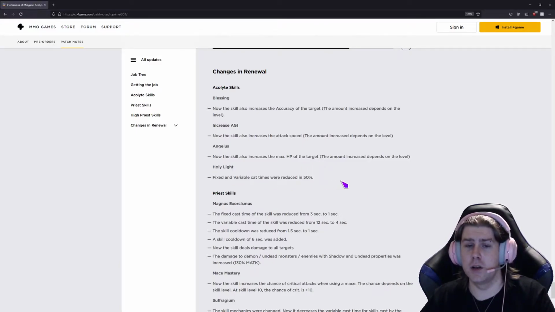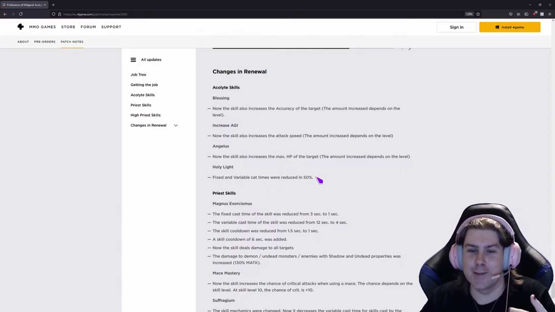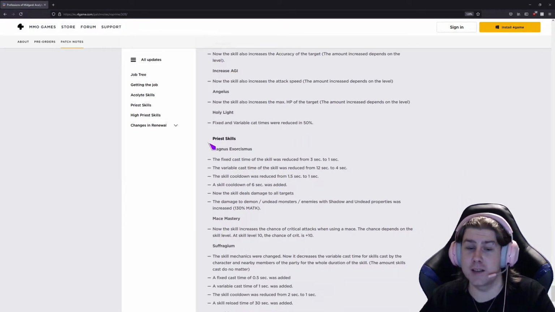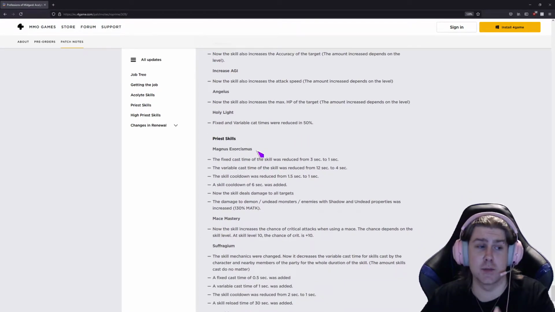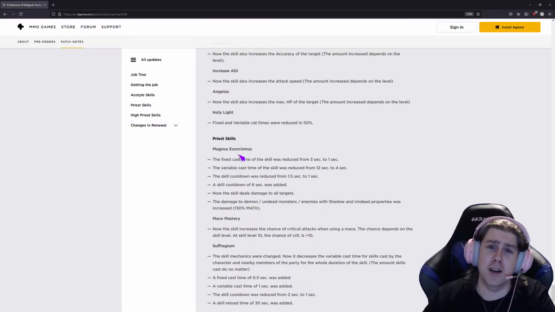Holy Light. Okay. Fixed and variable cast times. Okay, but yeah, so Holy Light is cast a lot faster. This is a huge change, okay? This is big. Especially for all of you priests out there that you're not really sure how you will play if your party members are offline or,